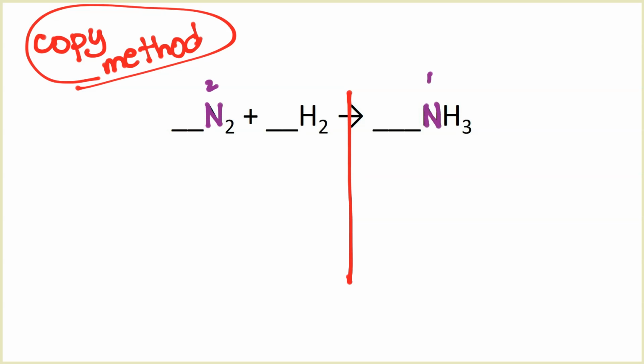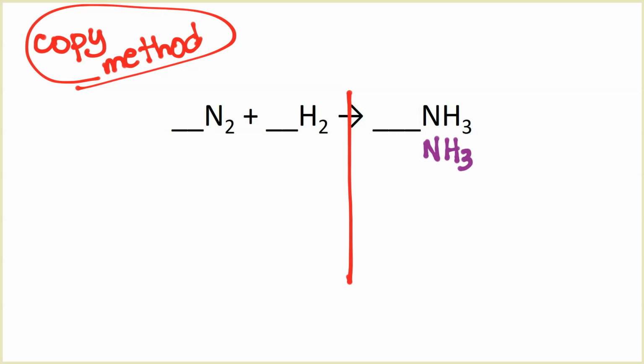You only have 1. So which side needs more N? It's going to be the right side. So you need more N's right here. Okay, so instead of adding just an N or multiplying it by a number, what we're going to do is copy the entire molecule. We're going to copy not just N, we're going to copy the entire molecule or compound, NH3. So again, since NH3 is the side that needs more N, I'm going to copy the